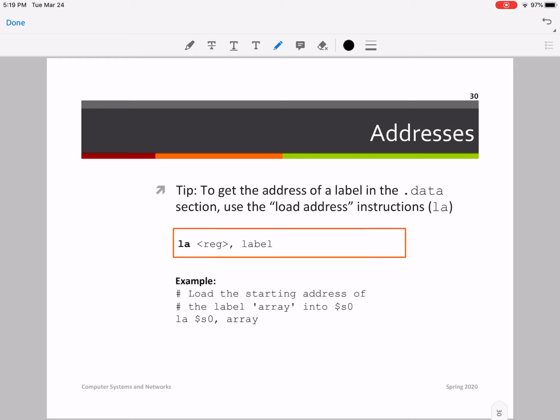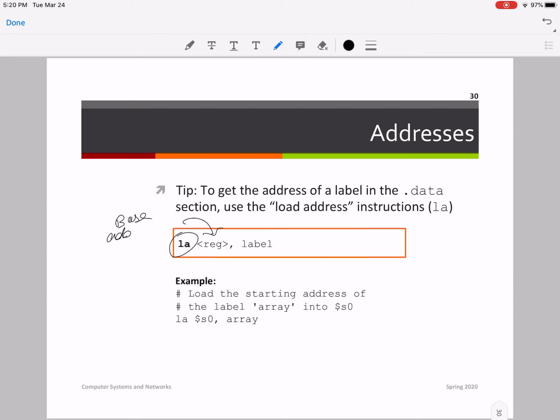Okay. Now, so far in the examples that I have covered, I have assumed that a register somehow has obtained the base address of the array. Now, let me introduce you to the instruction that gets you the base address of an array. Not only the base address of an array, but the address of any variable. And that operation is load address. So load address has two arguments: the register where you would like to store the base